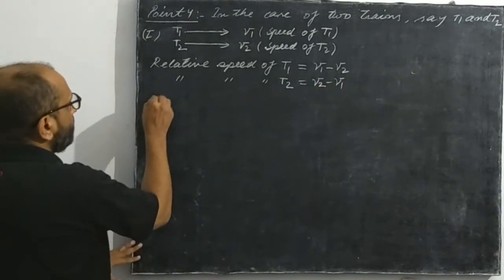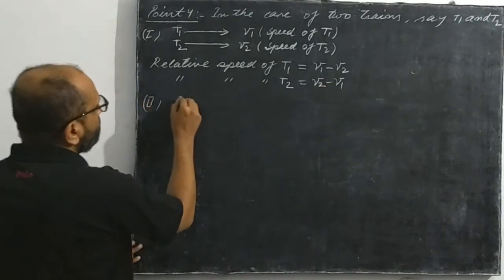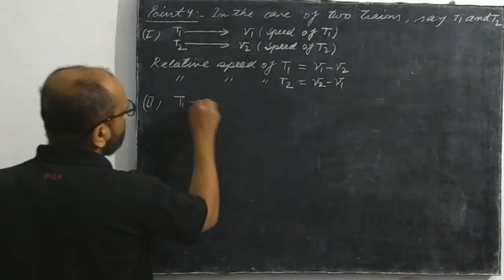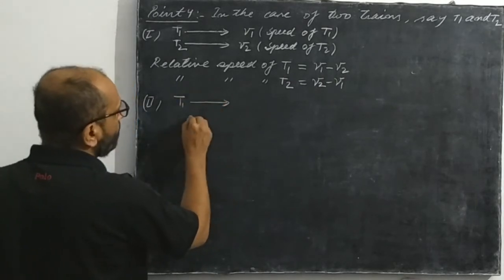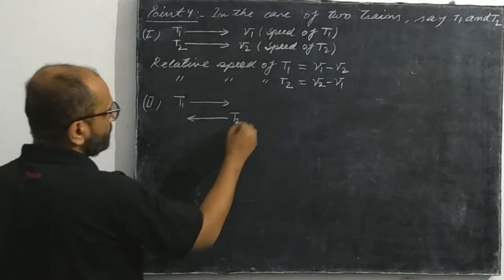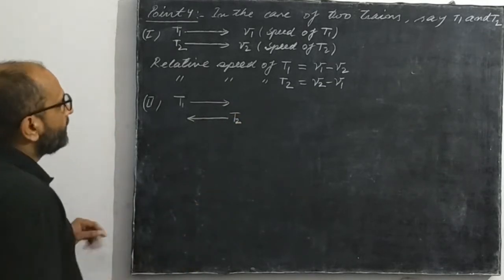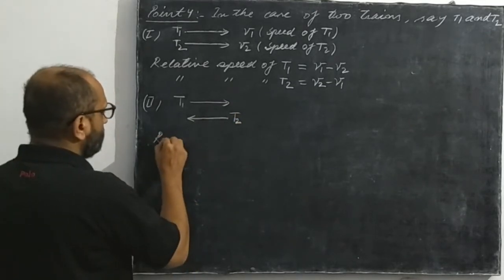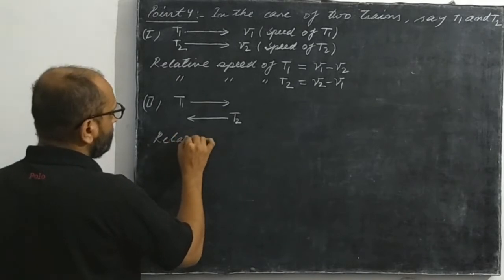And the second case, if both the trains, train 1 and train 2, are moving in opposite direction. In that case, relative speed